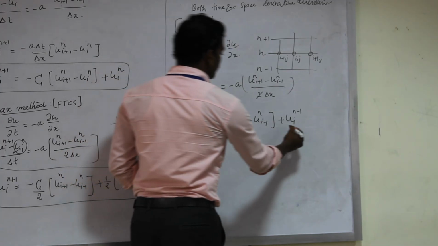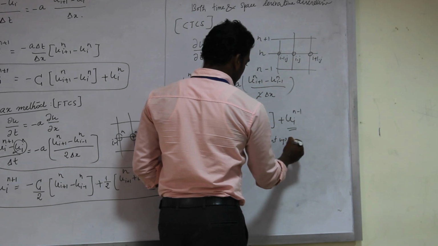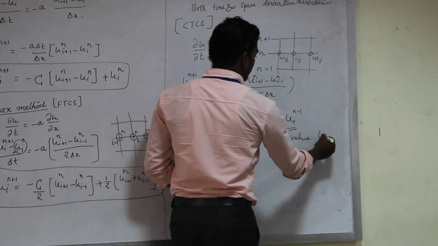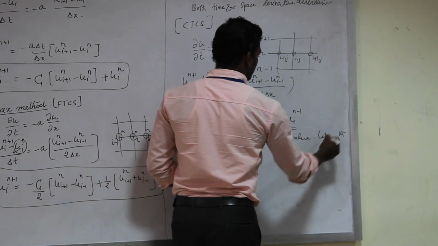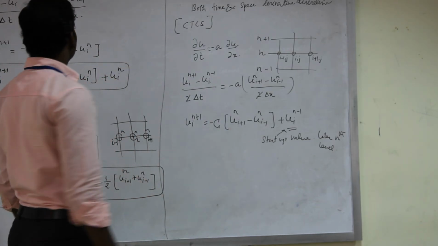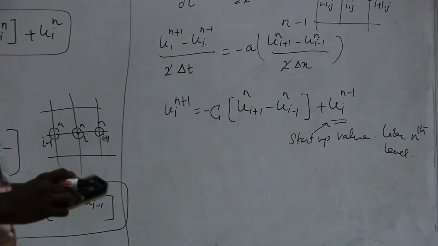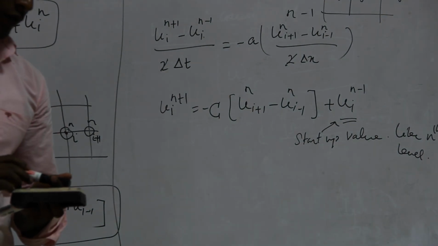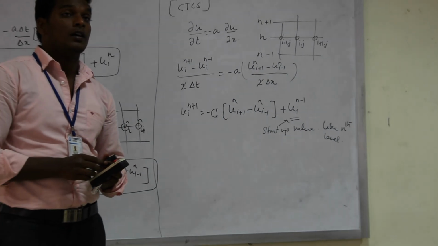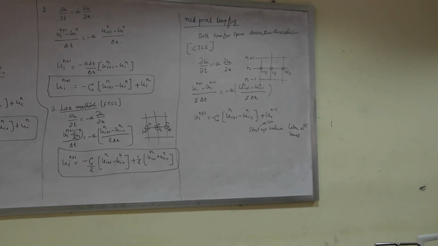So this is a notable thing. You have to give a startup value, like 10th level. Okay. So this is a notable thing. Then, so I said when writing the upwind differencing scheme, it's an interesting scheme. Why? Because it gives more physical intuition when handling our physical problem. So if you look at this kind of situation,